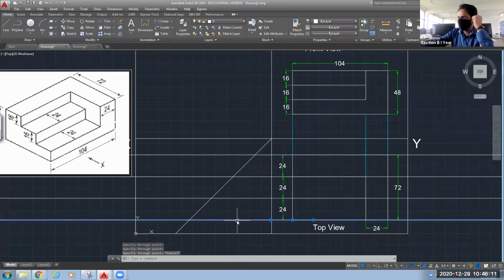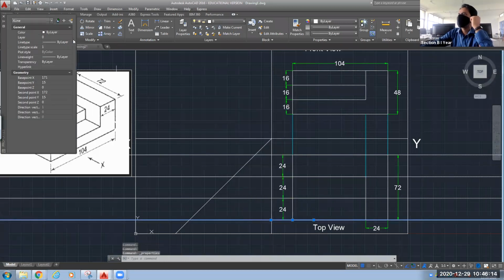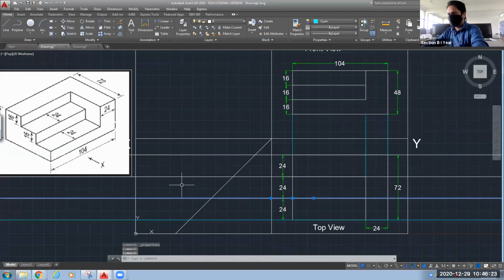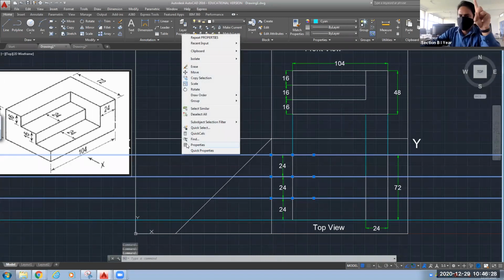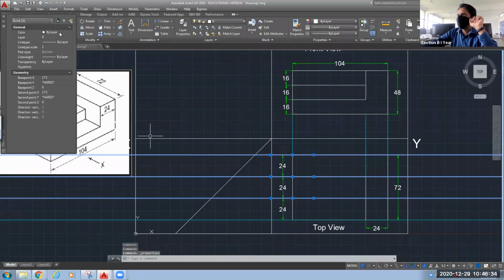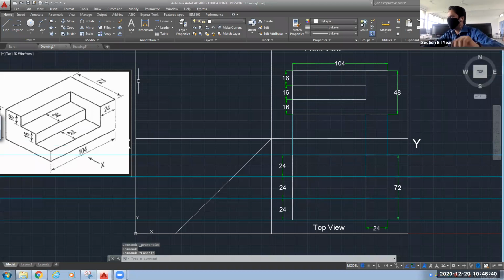Okay, I will change the color of these lines. Projection line I am using this color. So likewise, I will change the color of all these projection lines. Right click, select those lines. Right click, go to properties. Okay, and in properties, you can select the color as per your choice. Now, projection line will just intersect this line, and after this line, it will go in vertical direction. So I need to trim these extra lines.